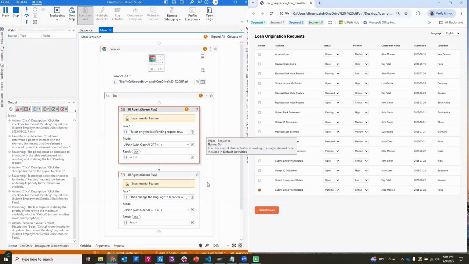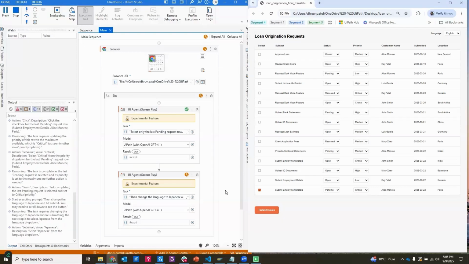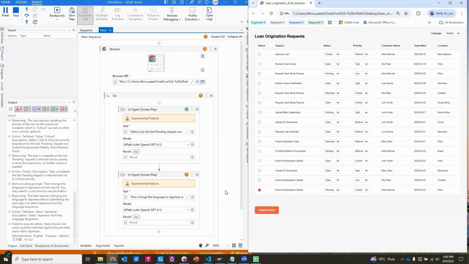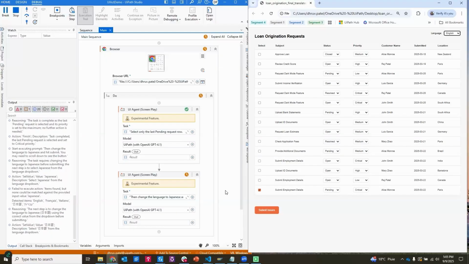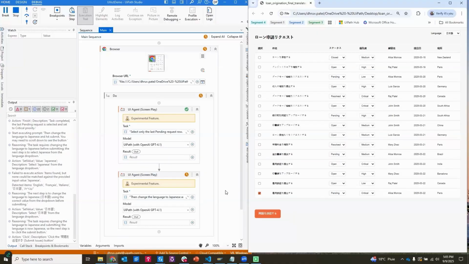Now, you also may have noticed that there's a couple other things happening here. We're able to handle complex fields, drop-downs, tables, checkboxes, understand complex layouts and elements of these screens and interact with them just from a prompt and really pointing to that application and kind of explaining what we want to happen. Now here you can see that it's able to even handle language changes. So we change the language to Japanese and it's still going to be able to navigate and submit this action